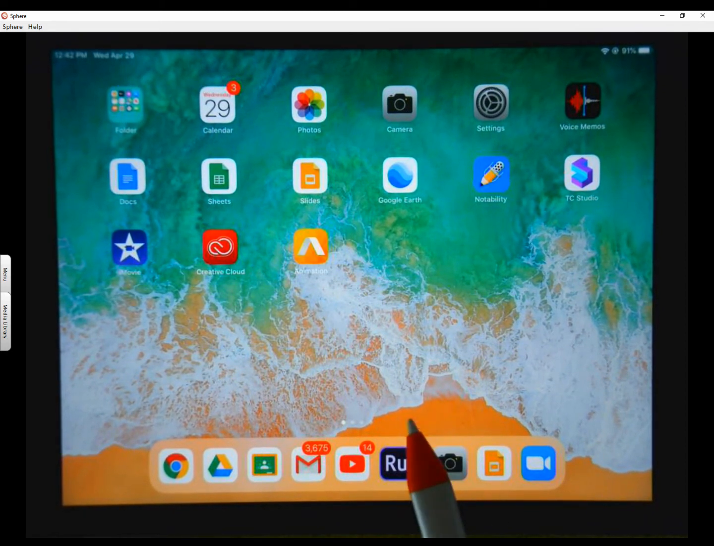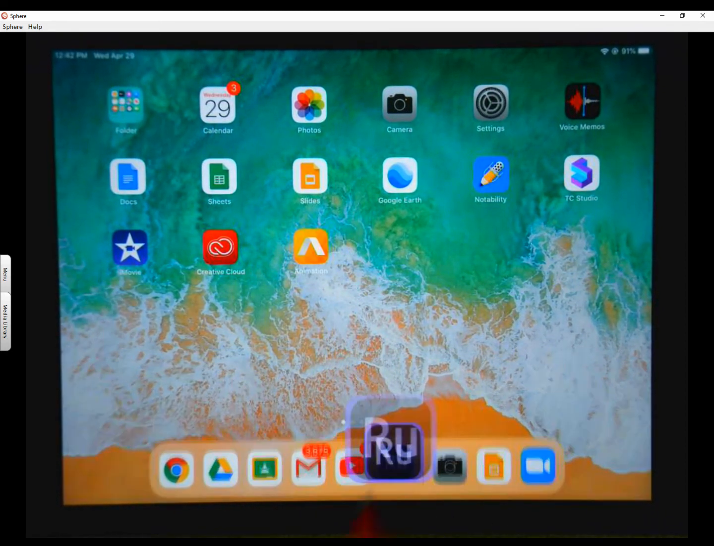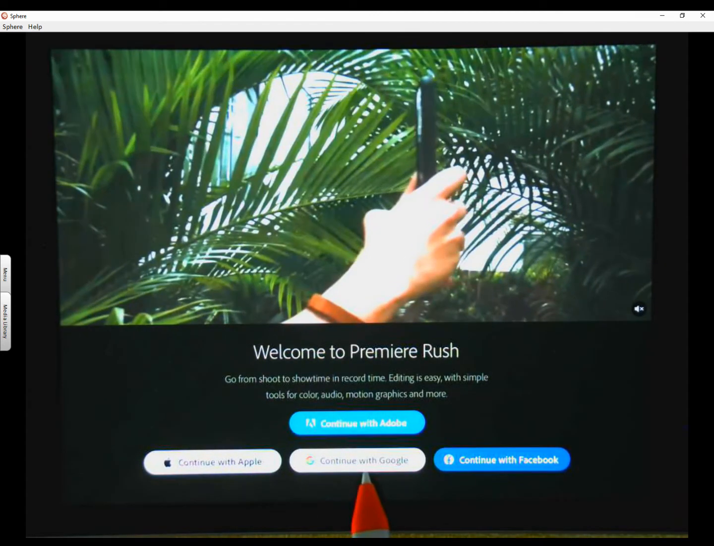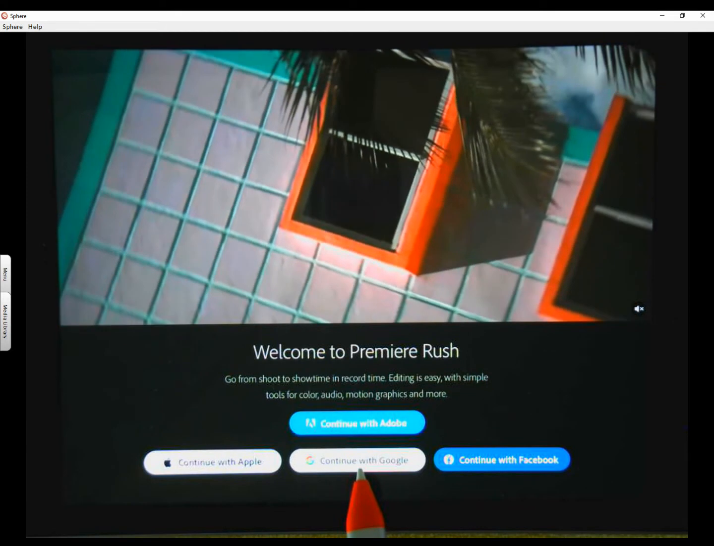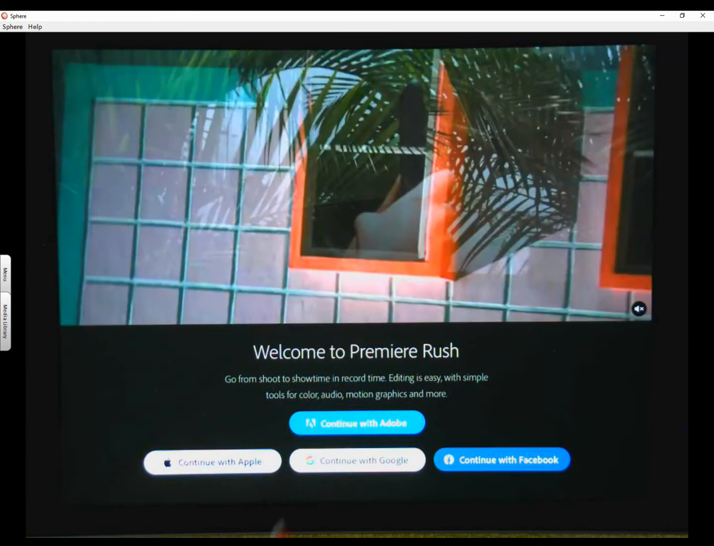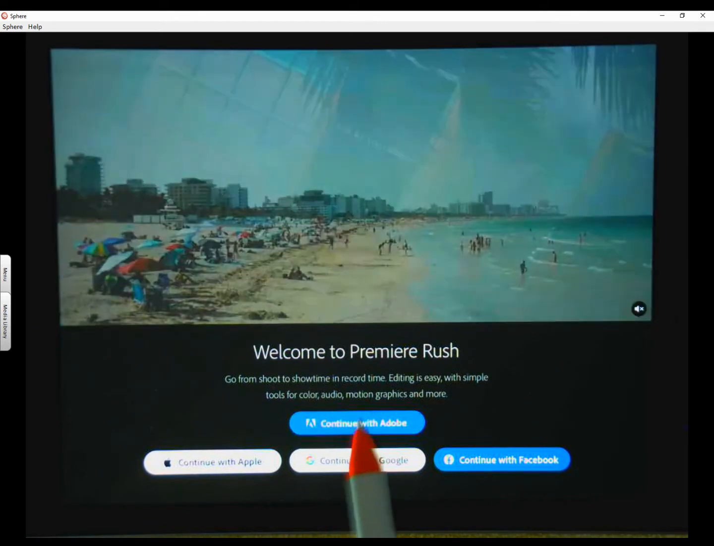So what we're going to do is open up Premiere Rush here, and it should take you to the screen. Now, most of you might think that I'm going to click on Continue with Google, but that's the one we don't want to use because that logs you in as a personal account. So you continue with Adobe,